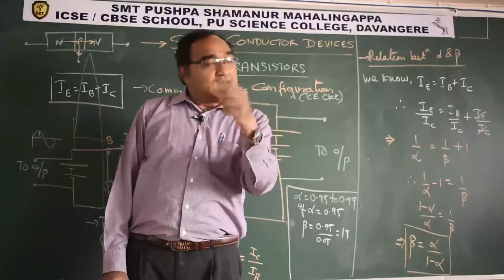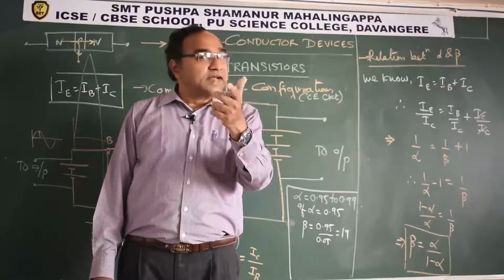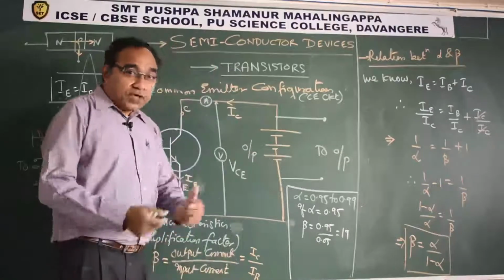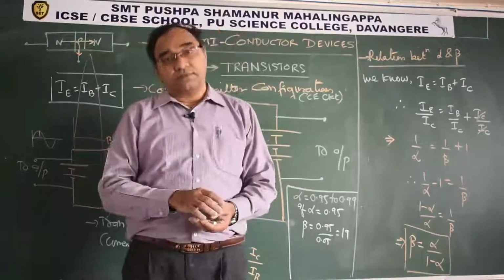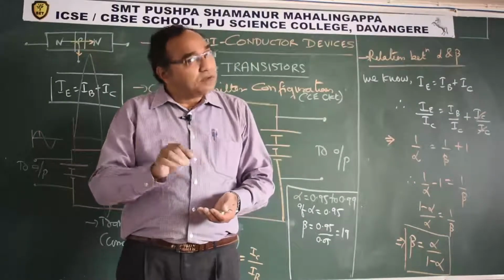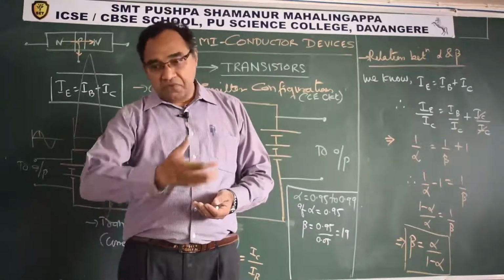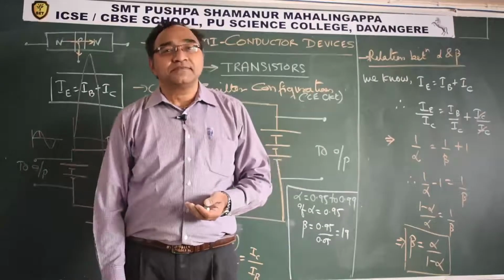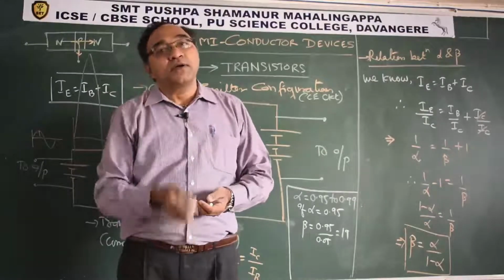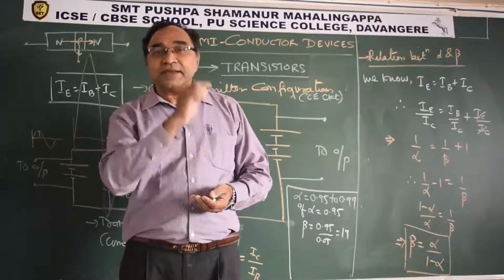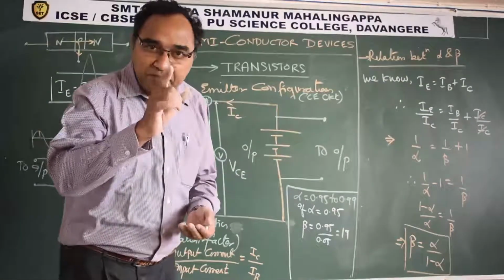So beta is 99, let us say 100. Beta square will be how much? 10 power 4, 10,000. See the kind of power output we are getting. Just imagine if I connect 5 amplifiers in series, and I make you stand in front of that speaker, you will be thrown out. The kind of wave which will come out of it will go in the power of 10 power 2, 10 power 4, 10 power 8, like that it will go. That is why CE circuit is known as an amplifier circuit.